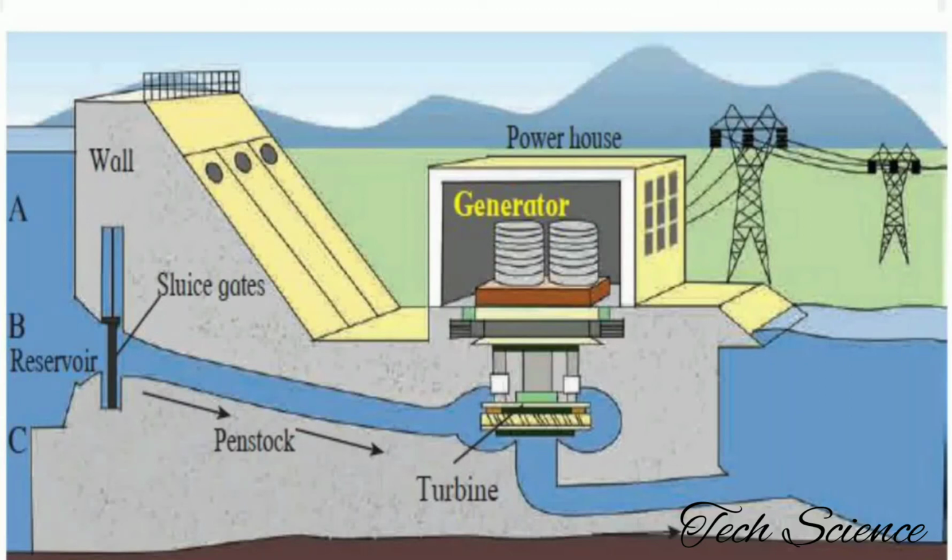This is the diagram which shows the hydroelectric power plant. Why is it called a hydroelectric power plant? Because here we are using water as a source of fuel to generate electricity. If you observe, you get the construction and working of the hydroelectric power plant. From that, you can use this electricity in our day-to-day life.